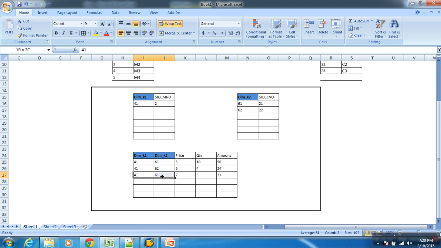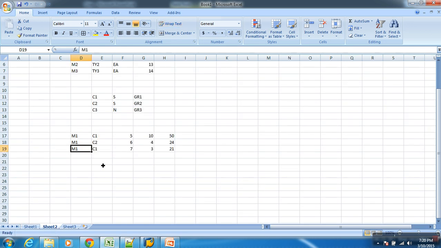I know you may have a doubt: these two rows have the same 41, 61 here and here. I know you are getting the doubt. But it actually maintains one more column, as I told you, the data packet dimension, request ID, all this. When you load differently, this will have R1, and this will have R2. In that case, it is different. Don't worry, it will differentiate request-wise. Don't worry about the uniqueness. It will maintain uniqueness.